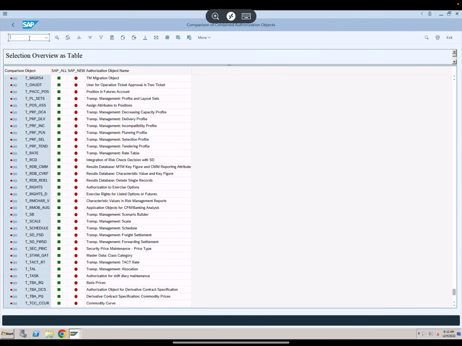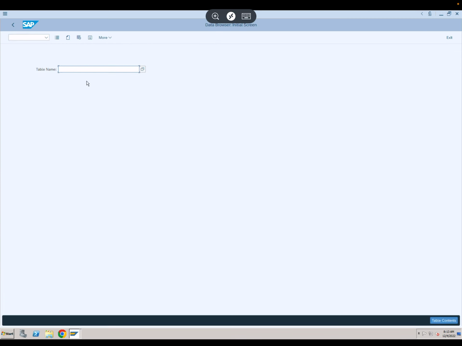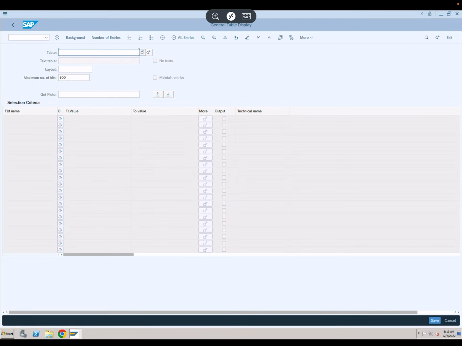So if I say SE16 and SE16N, right? SE16 is this. If I do, yeah, this is SE16. So it's a default screen. And if you go to SE16N, yeah, if this is being run for the first time, it's probably going to take some time, right? But I prefer SE16.